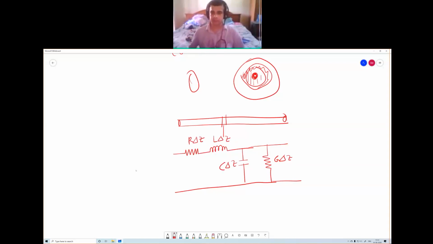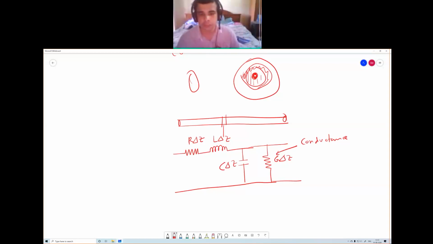Okay, this is a very small portion of the line, not the entire line. Now, is it possible for you to separate the resistance or the inductance from the line? It is not possible. And you cannot say that all the resistance is at one particular point. The resistance, inductance, capacitance, and this is the conductance, G. It should not be confused with resistance. It is distributed throughout. That is why this is an example of a distributed component.